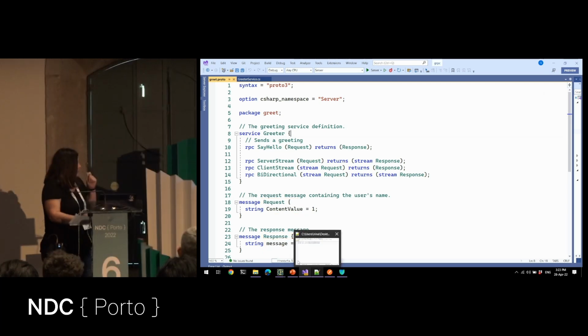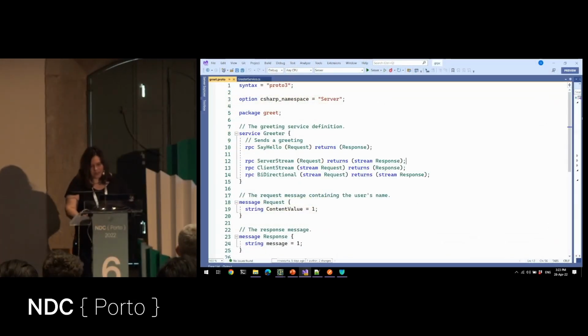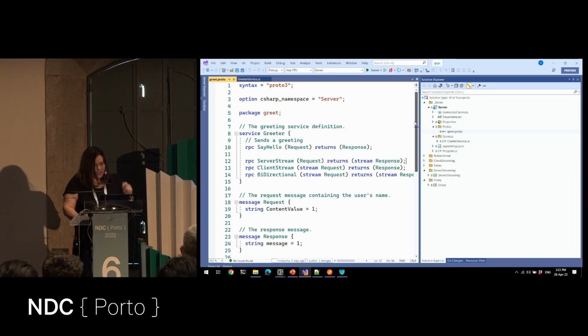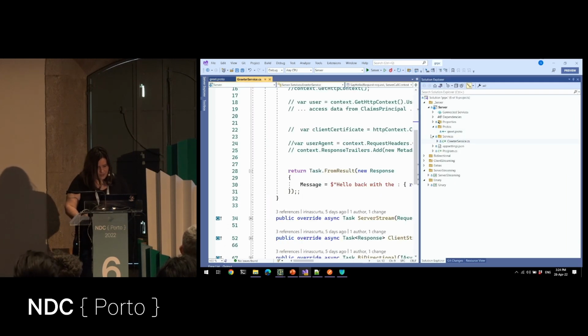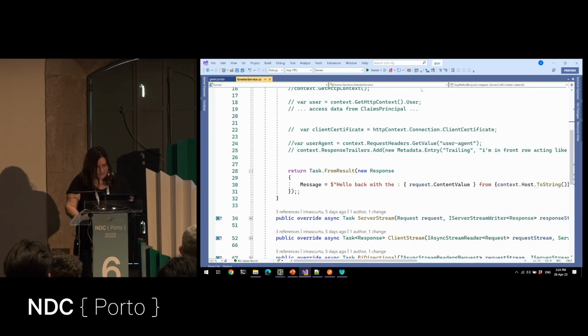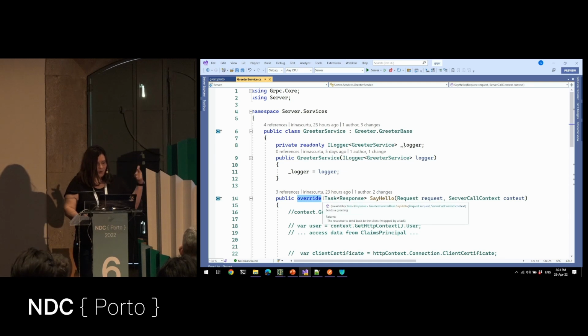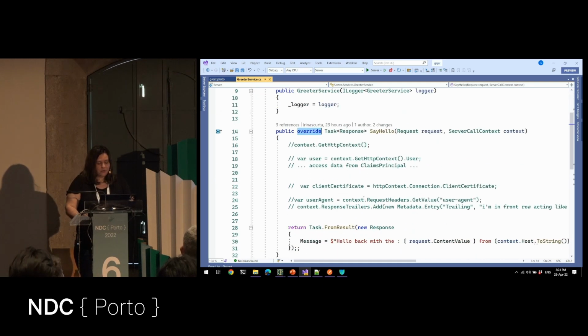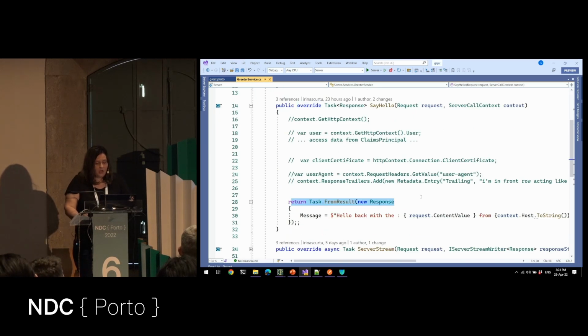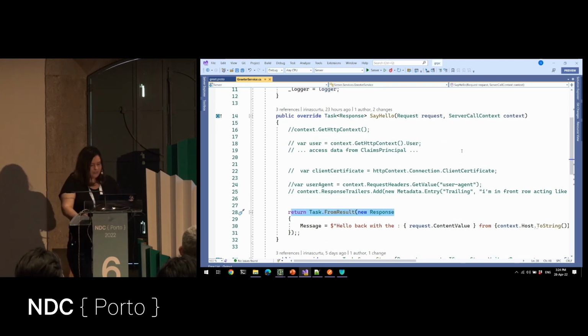The cool thing about the proto file is that it stays on the server, and after you build it, it will generate a stub for you. It generates something that you will be able to override. For each of those four methods, you need to specify an override and give an actual implementation. So how does it look?